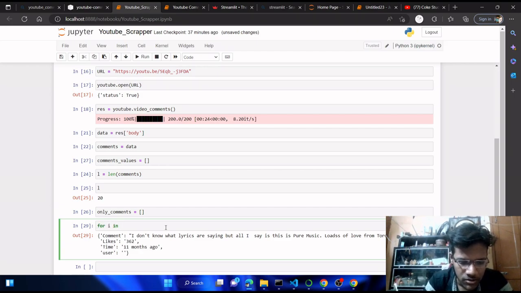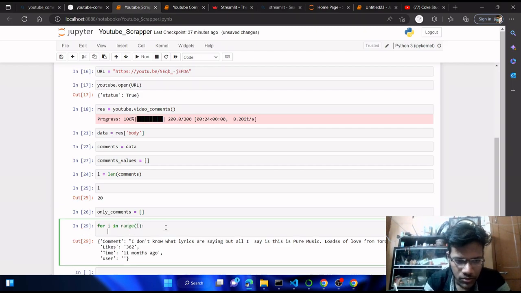So for i in range of l, comment_values.append comments of i, only_comments.append